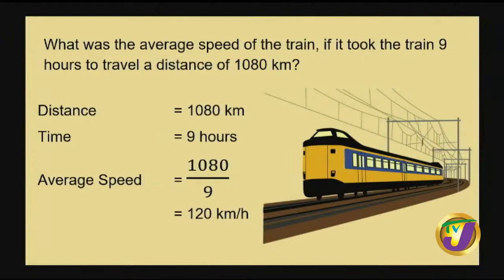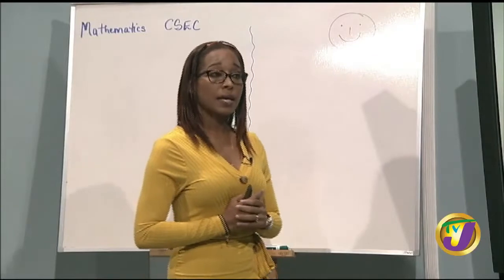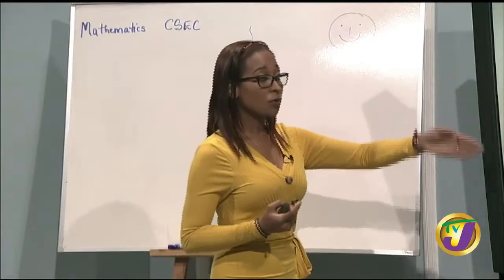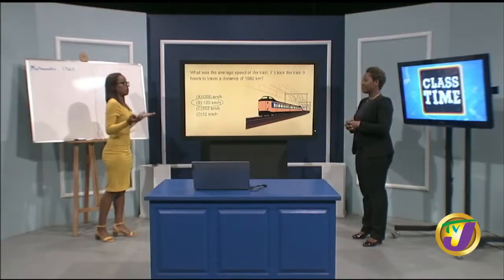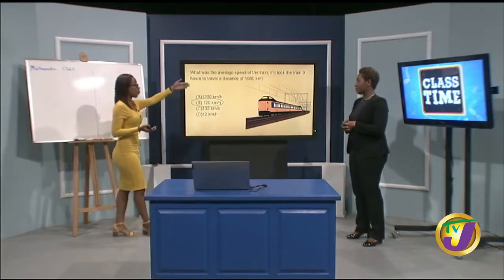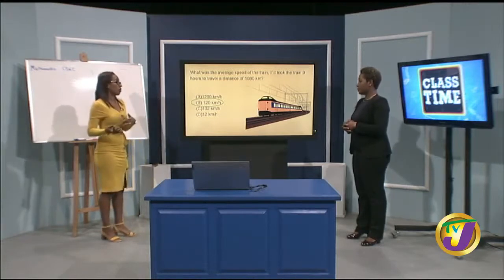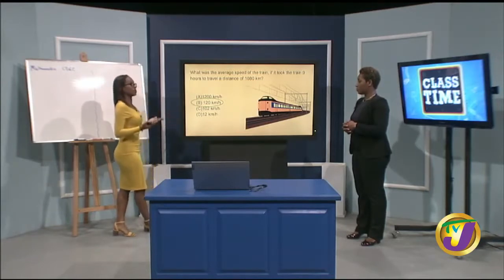Right. But guess what? In looking back at our responses, yes, we would have arrived at our answer. But there's something key to note here. We have to ensure we look at our units. Most definitely. Because it could be a case where we were asked to find the same speed, yes, but in looking at our responses, we may have been given meters per second, meters per minute. It depends. So we really have to take a look at what our units are here in our responses to know which angle we take it from. Right. Because when we would have gone ahead just now to have found 120 kilometers per hour,